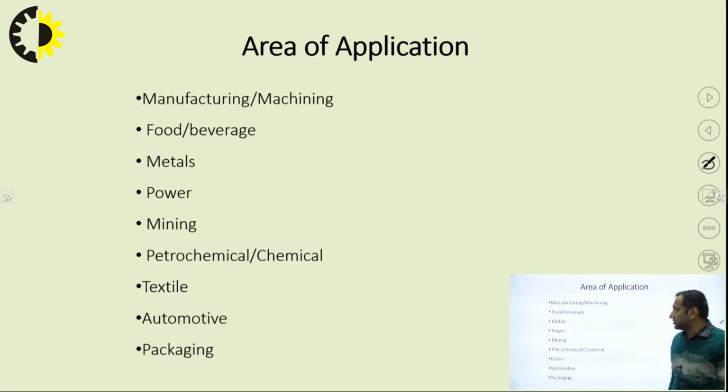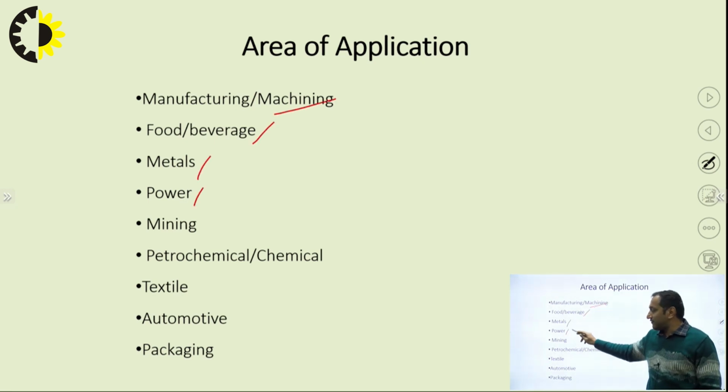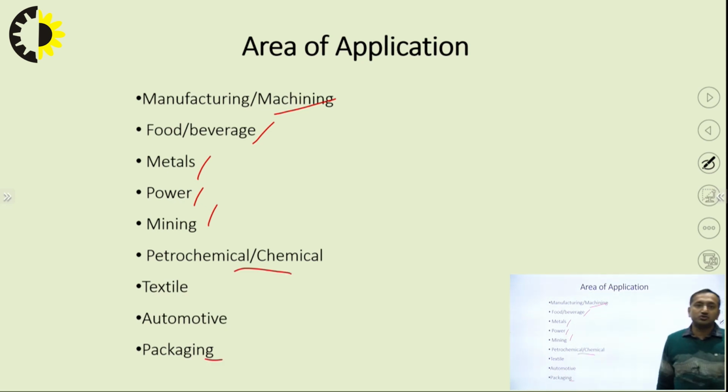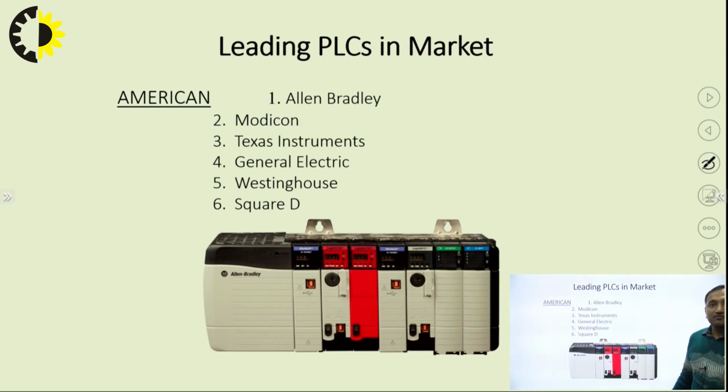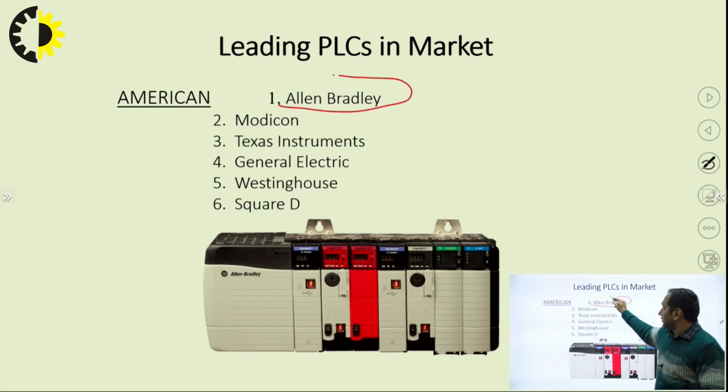And areas in which it is used are manufacturing, food and beverage, metals, power, mining, petrochemical, textile, automotive, packaging. So there is not any field in which PLC is not used till now. Some of the leading PLCs in the market, manufactured by different companies, are: American is Allen Bradley, a manufacturer